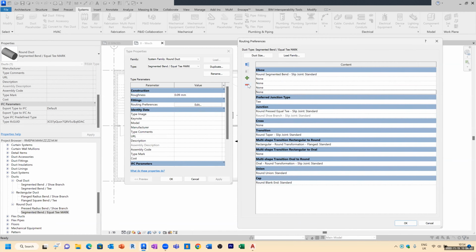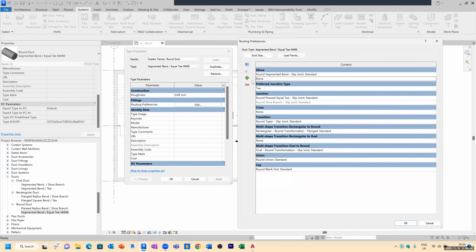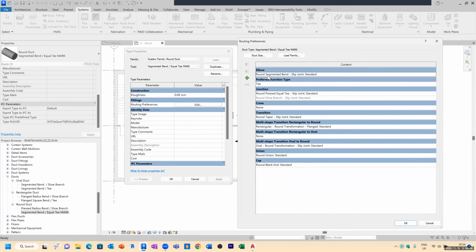If you don't have any fittings specified in your list, it means it will error, and you can't actually then put a bend in your duct because there aren't any bends in your pick list. The same goes for T junctions, etc. You can force your ductwork to either use a T or a tap. And likewise down here, you can force it to use certain crossovers. Here we have none selected. So if there's a duct that crosses a duct, it won't put a cross type fitting in there and join those two ducts up,